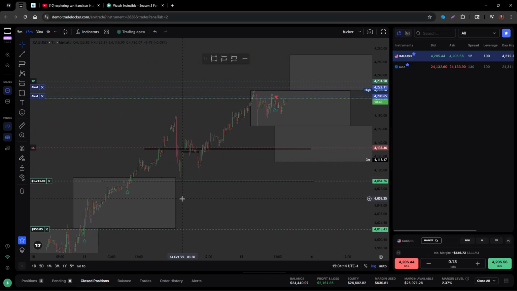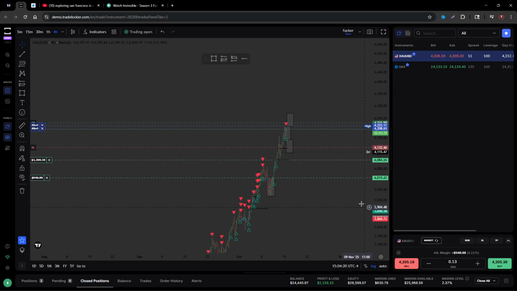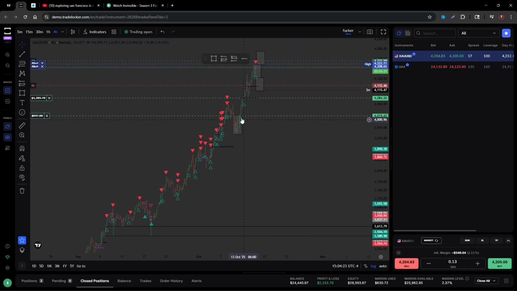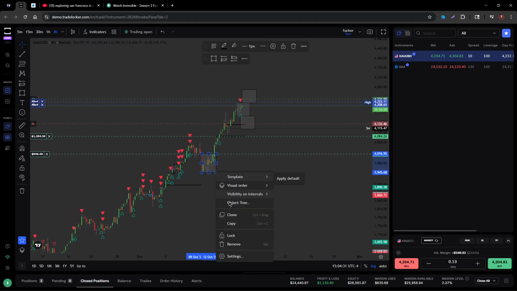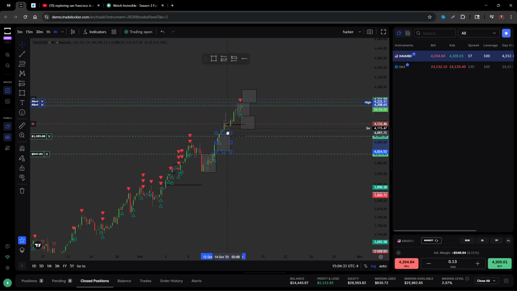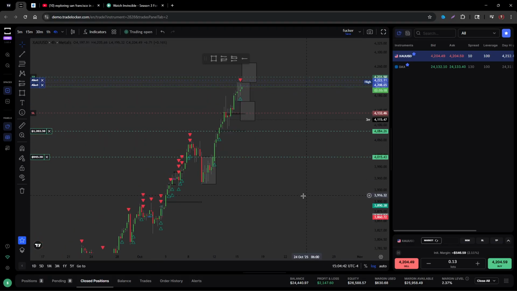The only reason that's really happening right now is because gold's just making all-time highs. If we go to the 4-hour real quick, you can see gold's been doing nothing. I bottom ticked this off the push. Now we could have bottom ticked it all the way down to there, and that probably would have been a little crazy. But that was a perfect zone that you would have been able to catch just like that, and if you would have held it, you would still be in. So I just wanted to show you all this position that I had in right now.